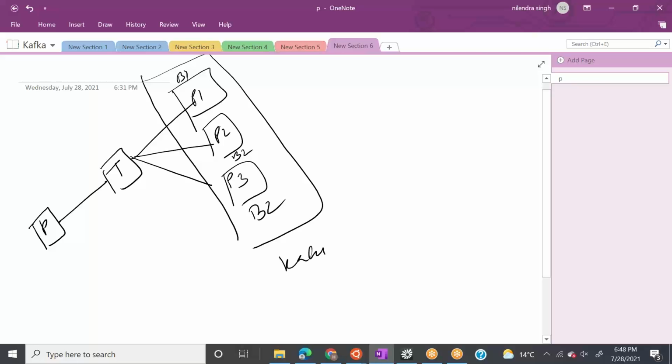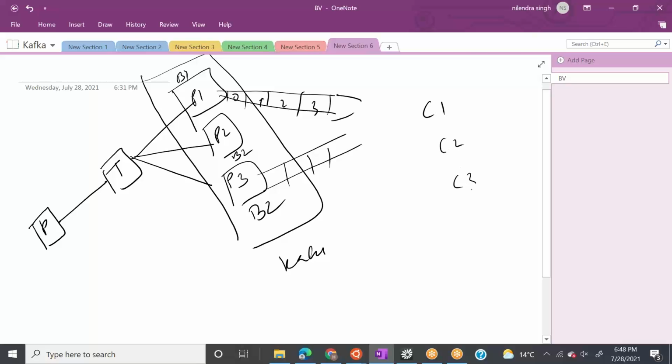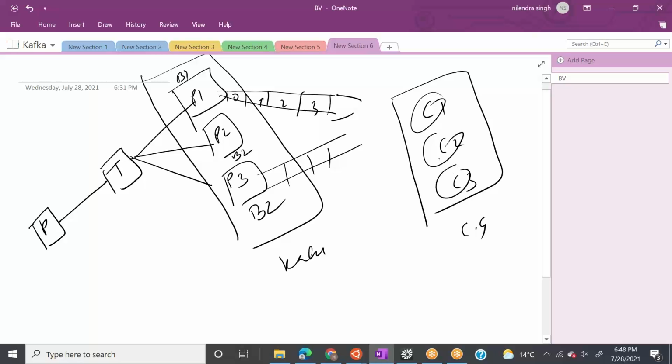P1, P2, and P3 have offsets associated with them: 0, 1, 2, 3, and so on. Then there will be a consumer group. C1, C2, C3 will be inside some consumer group, and this consumer group will be subscribed to these partitions like this.